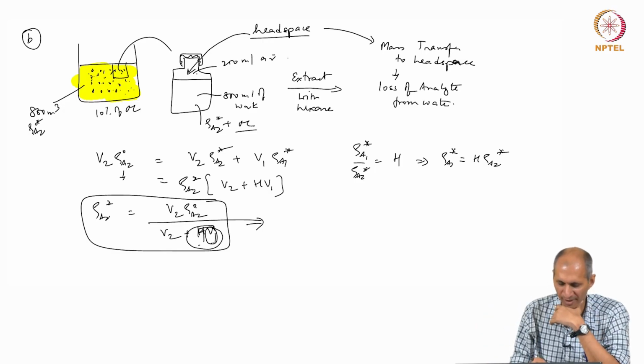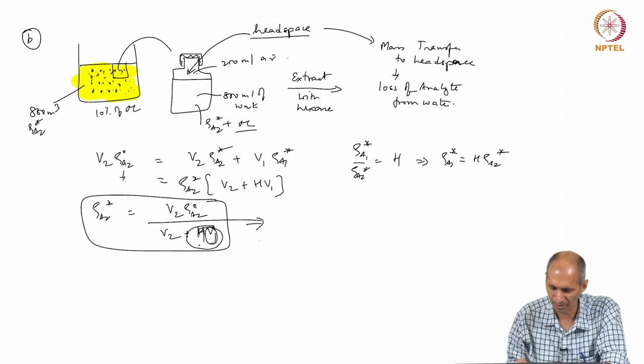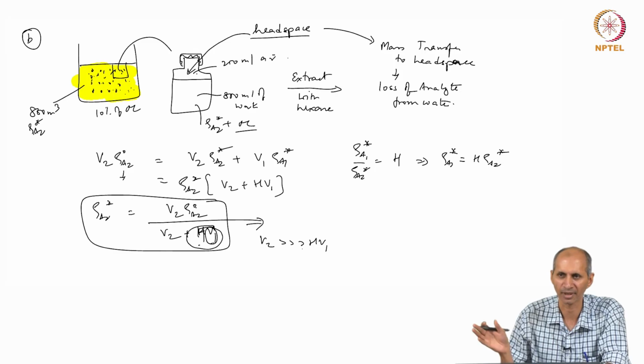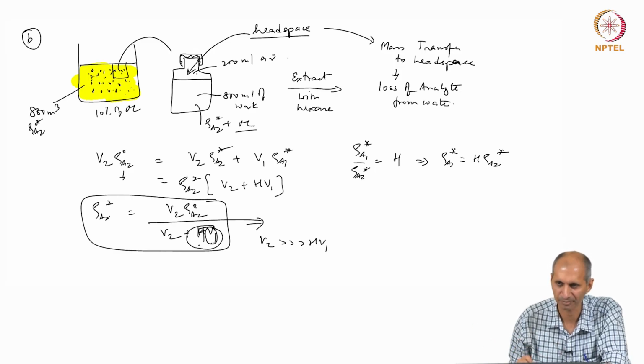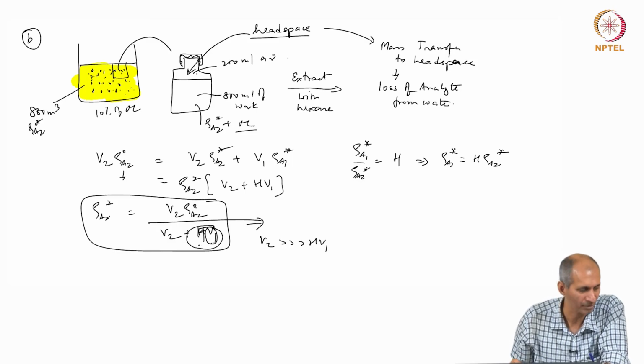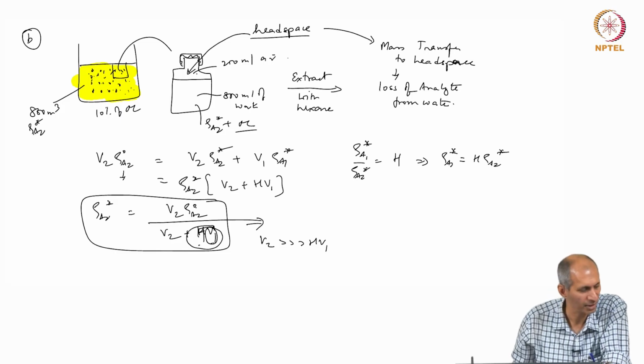So, you can also look at the magnitude of HV1 and V2. If V2 is much larger than HV1, you ignore this term and move on, assume that to be true. But be assured that for different volumes it may matter. So, this is an illustration of the losses that we were talking about in the case of chemical analysis in the last class. Now, second part of that question,